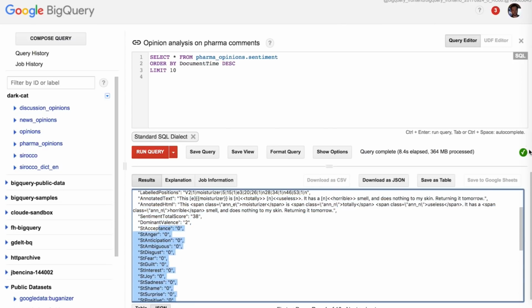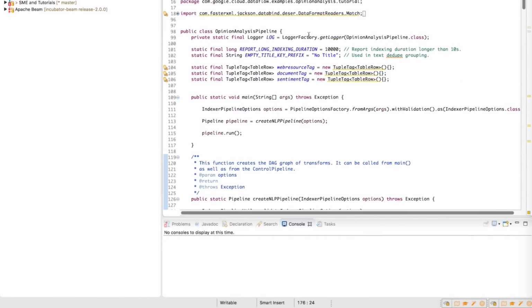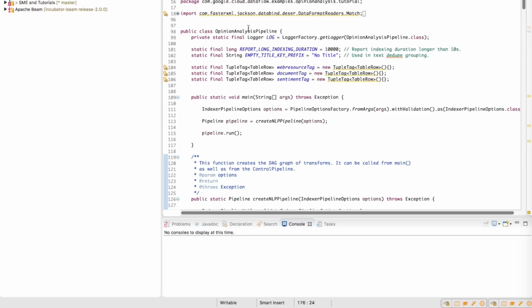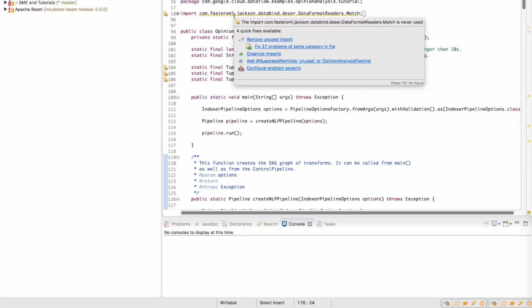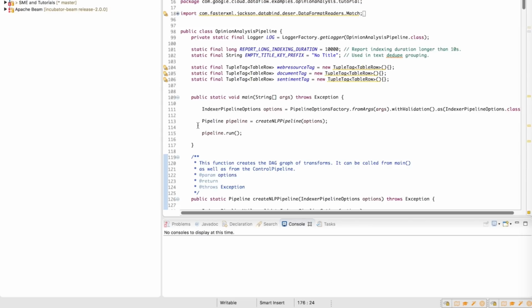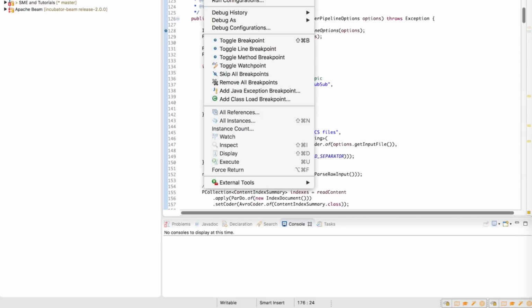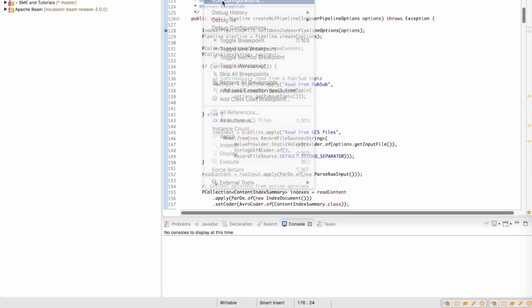Let me quickly show you the example where we run the same code that runs my streaming pipeline, but in batch mode. I'm going to switch to Eclipse. This is my preferred development environment. And Eclipse now shows you the code of my pipeline. It's in Java. There are a couple of steps here, but I'm going to go ahead and launch this pipeline